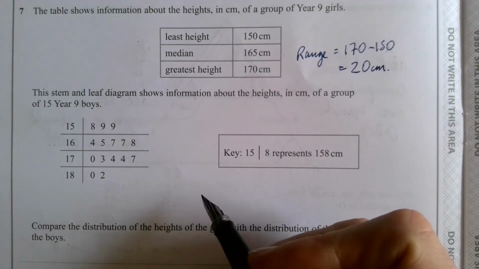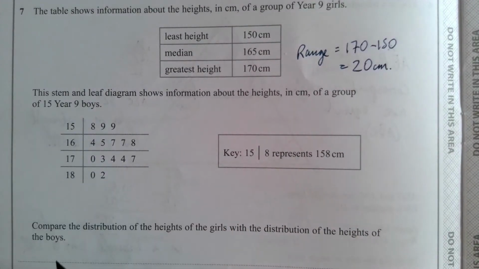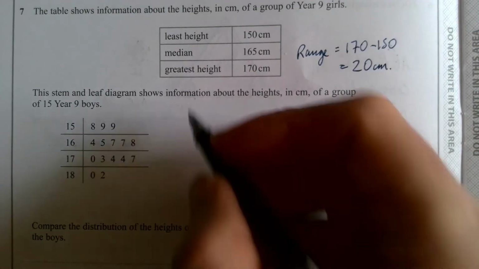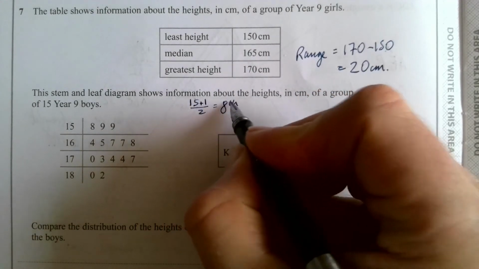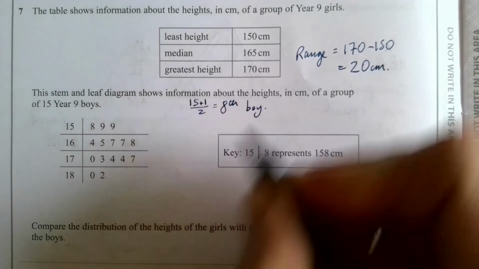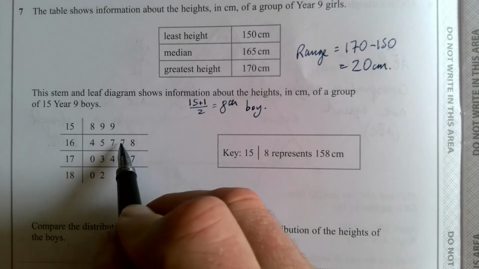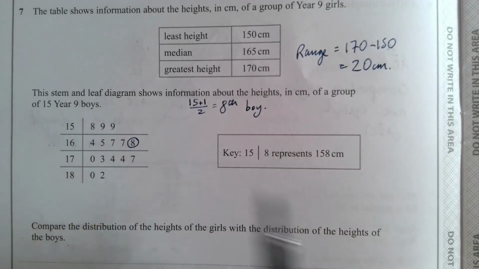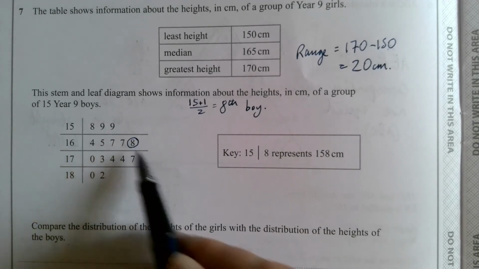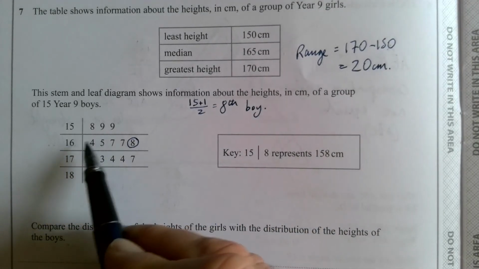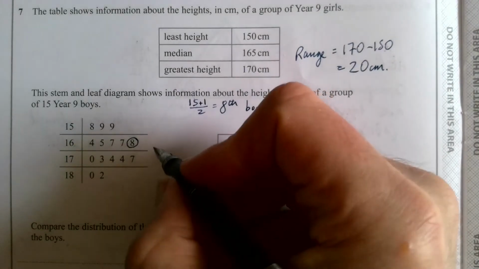We're also going to need to know the median of the boys. Now there are 15 year 7 boys, so we need to find the one in the middle. If you add 1 to how many there are and halve it, that means it's the 8th boy. So if I count here, 1, 2, 3, 4, 5, 6, 7, 8, the 8th one. So that 8 there, but that's not an 8, is it? It's 168, because that's what the key is telling you here. This is a bit like a bar chart, a stem and leaf diagram, but made with the numbers. So the median